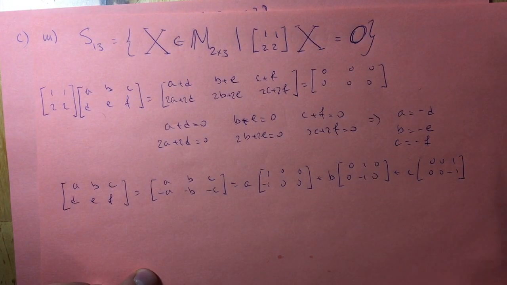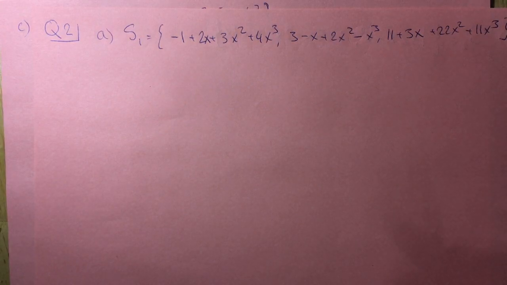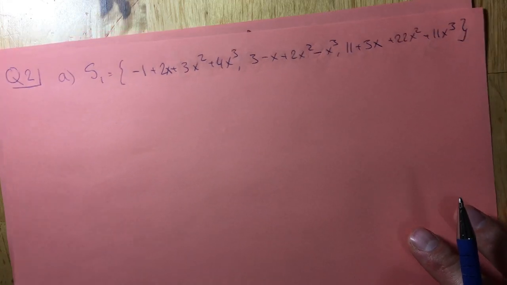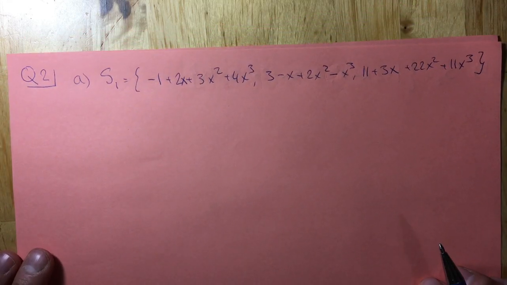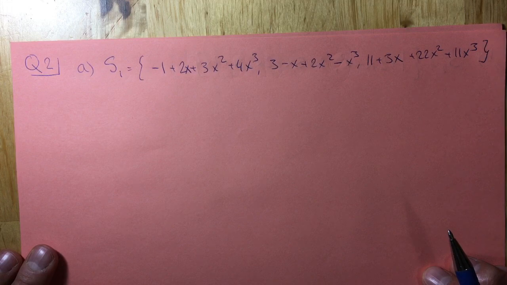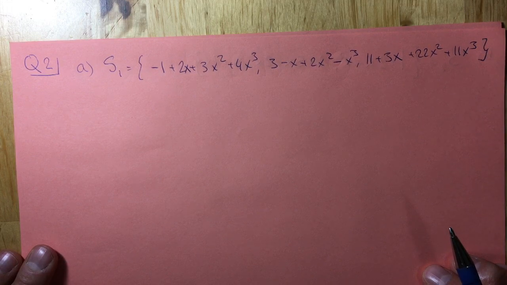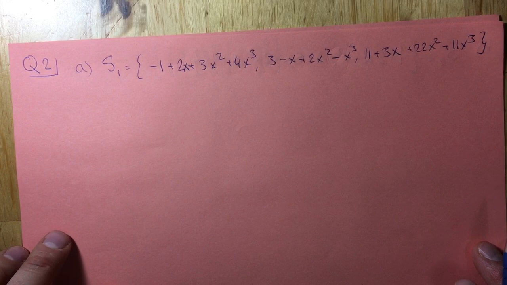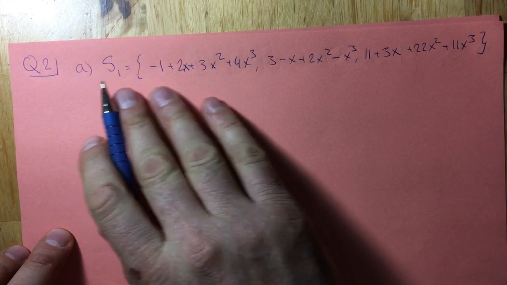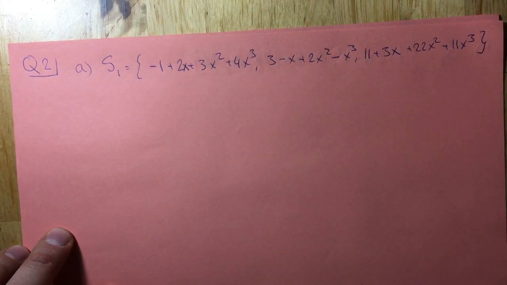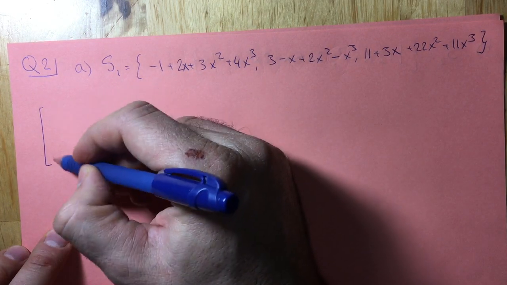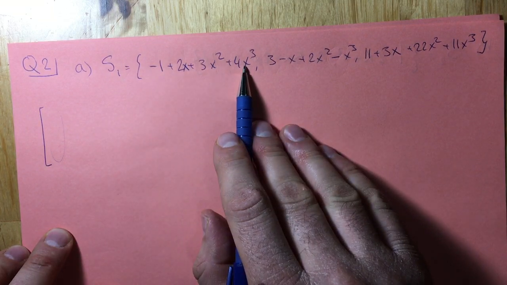Okay, and the second question on this worksheet is determining whether the following sets are linearly dependent or independent, and then I told you how to proceed here. When you have polynomials, you can just create a matrix where each column is going to represent the coefficients in the polynomial, so